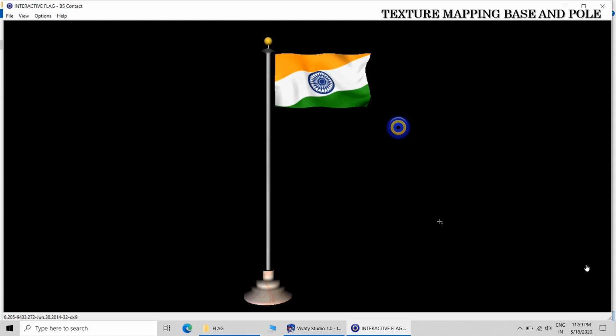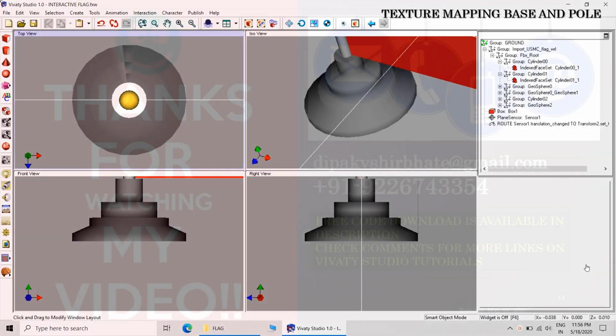Okay, so this is how the plane sensor is working.